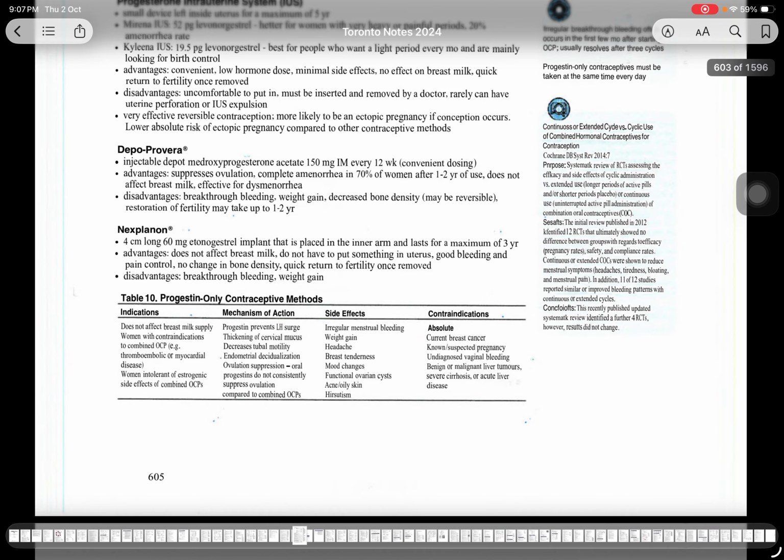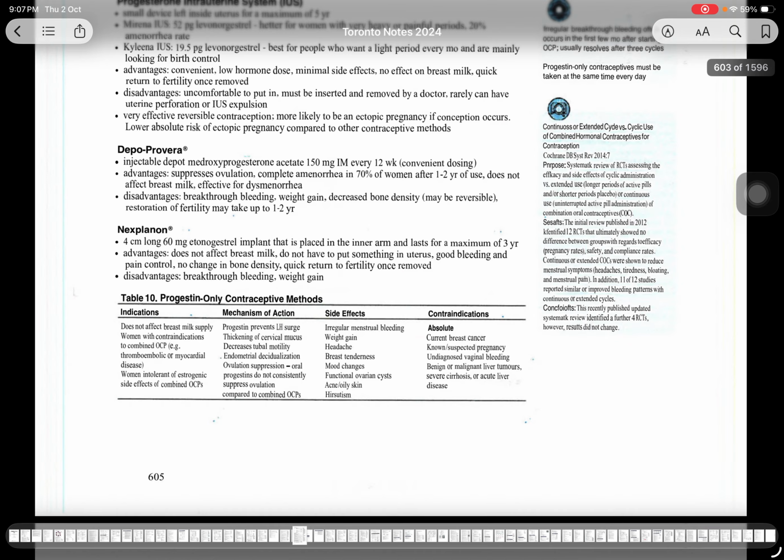and hirsutism. Absolute contraindications for progesterone-only contraception are current breast cancer, known or suspected pregnancy, undiagnosed vaginal bleeding, benign or malignant tumors, liver tumors, and severe cirrhosis or acute liver problems. These are all contraindications. Now the boxes on the right side say irregular breakthrough bleeding often occurs in the first